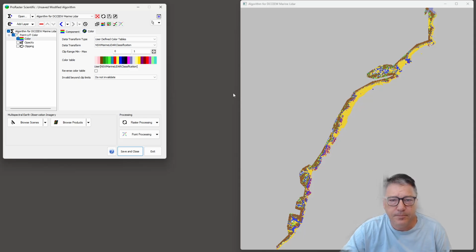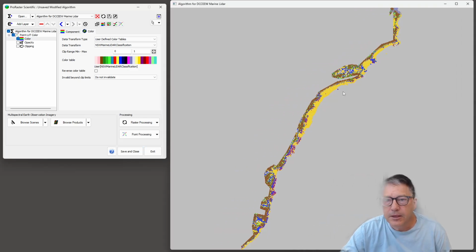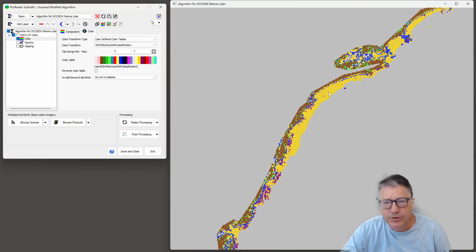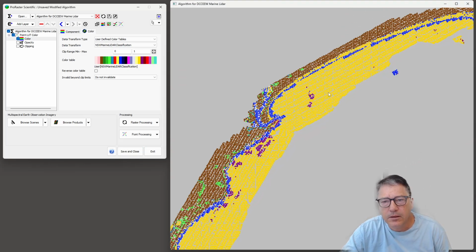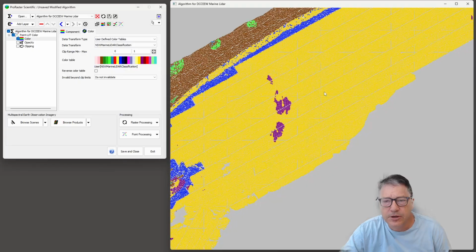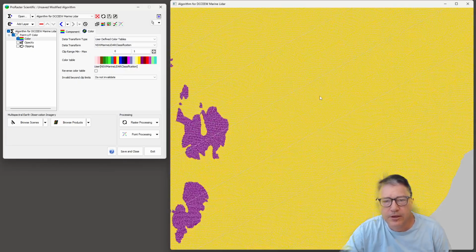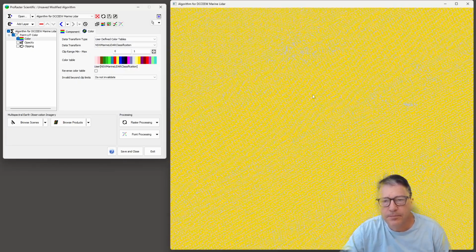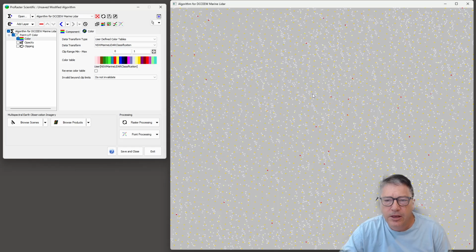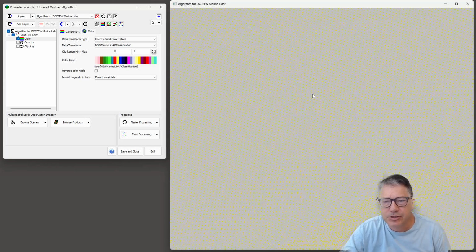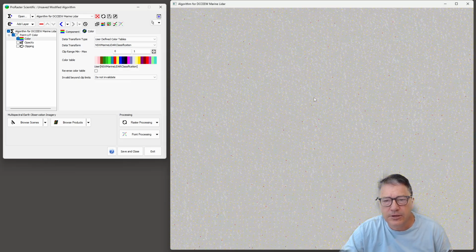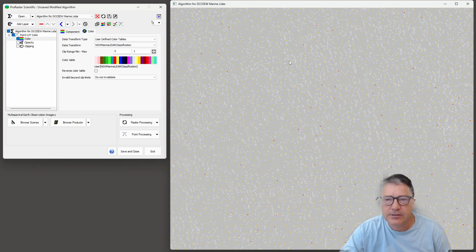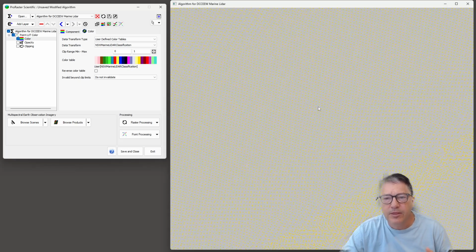So there's our file, and as we zoom in, you can see that we don't just have a few points, we have billions and billions of points. And you may have noticed that there was a transition between there, where everything looks yellow, to here, where we get a whole lot of these lighter points. That's because